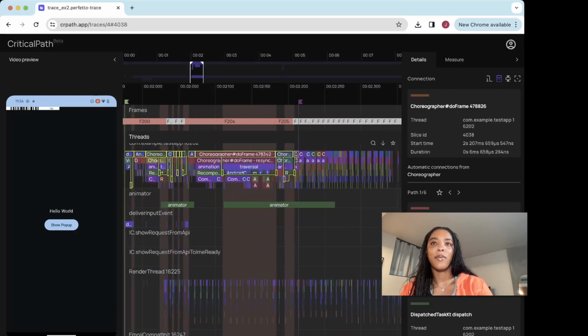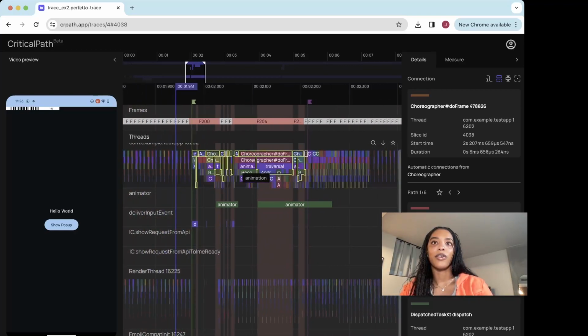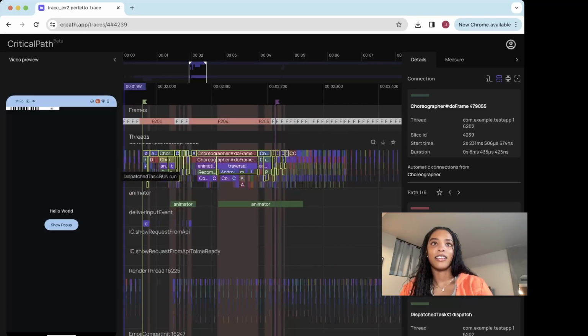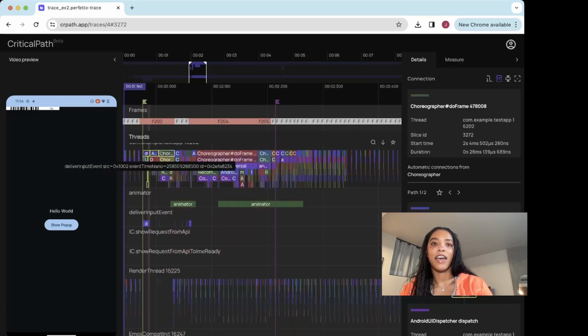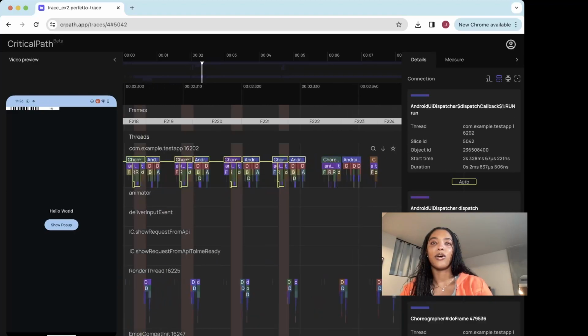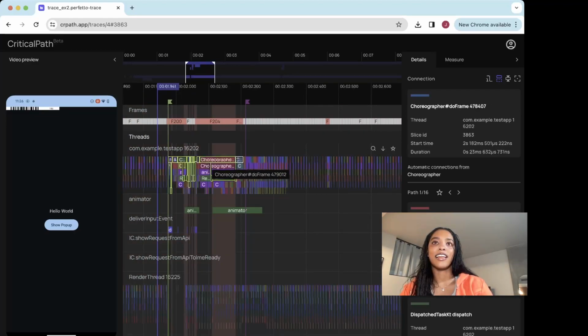So we see this is the path from this choreographer slice here, but if I were to select, for example, a different choreographer, we see the path is a bit different. If I select this slice, we see the path is shorter. If I select this slice here, we see the path is very small. So each slice that you select will have its own execution path, and when you select that slice, the path